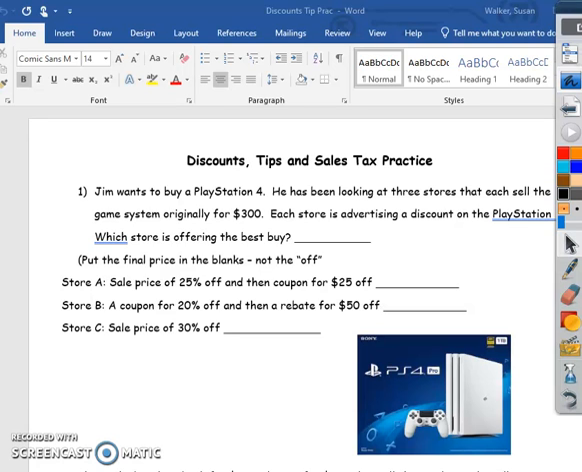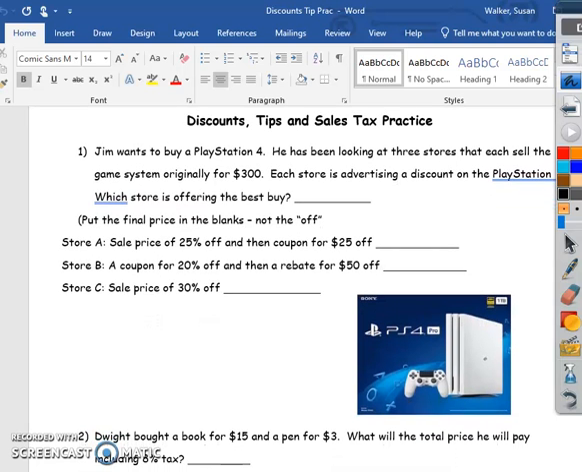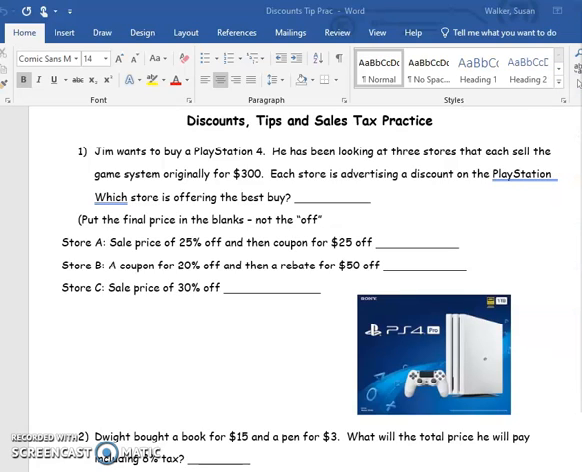Hey guys, we are going to review for our quiz. So we're going to be working with discounts, discounted prices, tips, sales tax. So you can do this on your own sheet of paper. I'm not going to do all of these, but I am going to leave a key for you so that even though we're not doing them all, you can try them by yourself and then check your own